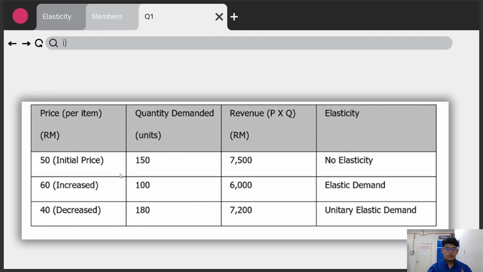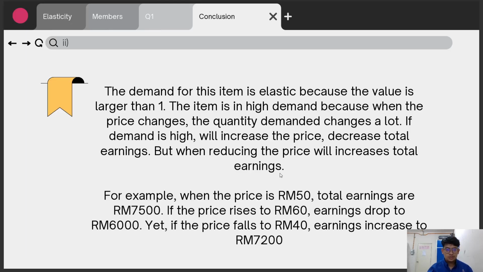So, when we complete our table, when the price is 50 ringgit and quantity demanded is 150, revenue is 7,500 ringgit, and there is no elasticity. When the price is 60 ringgit, quantity is 100 units and revenue is 6,000 ringgit, there is elastic demand. The last one is when the price is 40 ringgit, quantity is 180 units and revenue is 7,200 ringgit, there is unitary elastic demand. So for question 2 Roman, the demand for this item is elastic because the value is larger